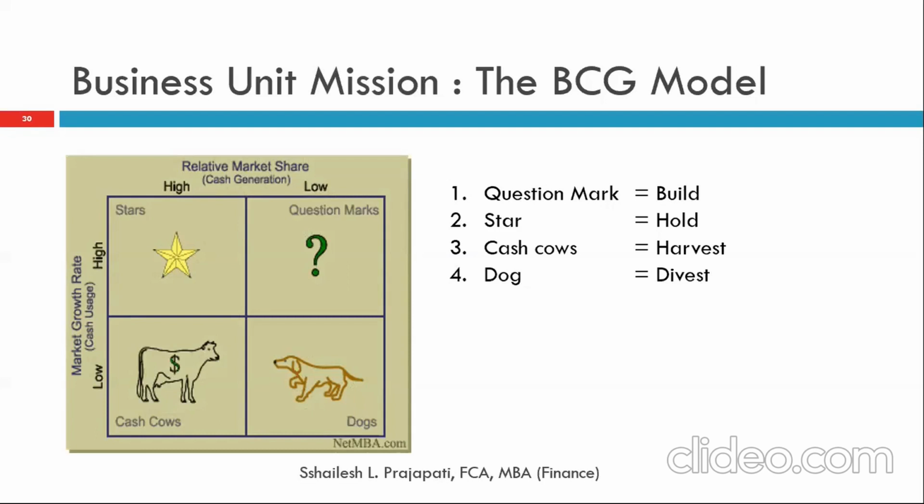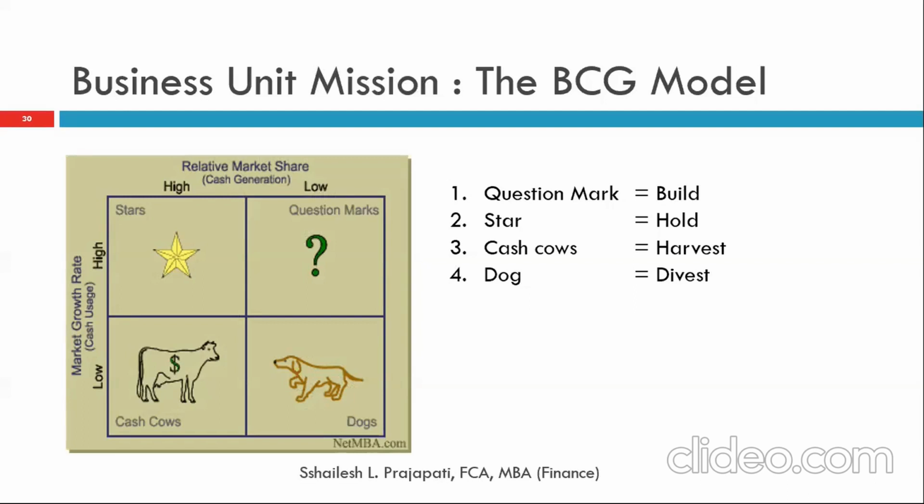The third is cash cow. Normally, if you look at, you have 4 business units, say ball pen, sketch pen, ink, and refill. So maybe your ball pen unit is generating cash regularly because it's a fast moving product. And hence this cash cow will help the other 3 divisions of a business unit of an organization.